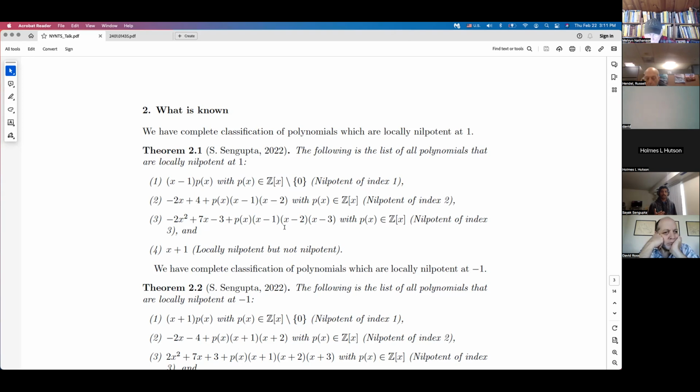And using the idea that we can always pick a prime P such that we can trap it, we can have something repeating indefinitely. So we will never see 0 modulo P. And since it's an induction thing, the only polynomial that it will satisfy is going to be x plus 1. So if you start from 1, there is exactly one polynomial which is going to be locally nilpotent, but not nilpotent. And one can also see that if you start from 1, then the maximum index is 3.